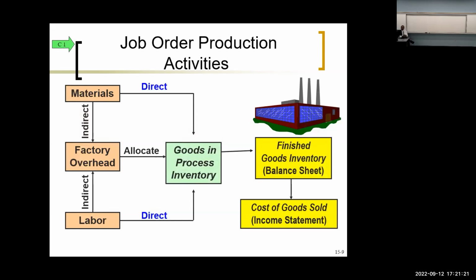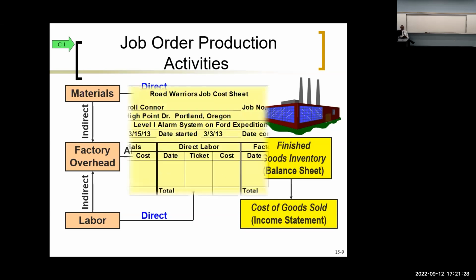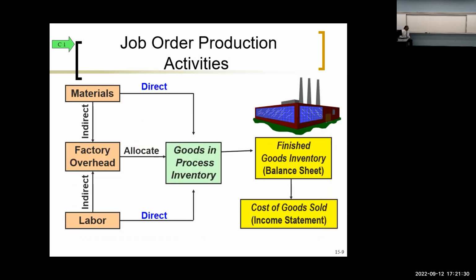Just like I told you before, there are 3 things that go into creating a product. There is direct materials, direct labor, and overhead. Please remember that as we do this. This chapter is going to be very, very easy. The 3 things that go into making